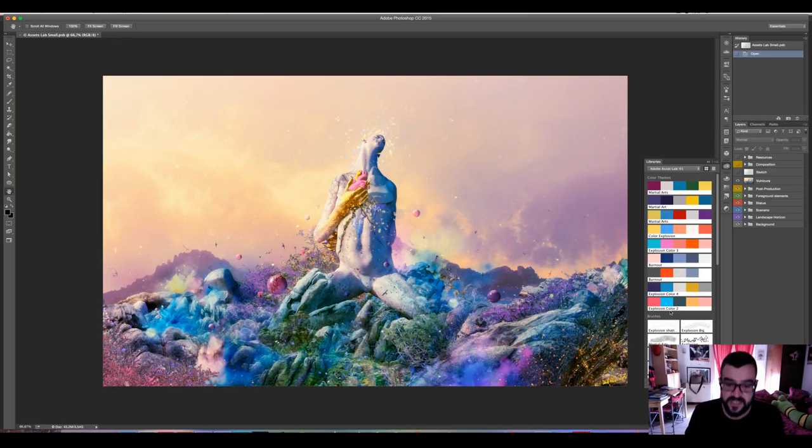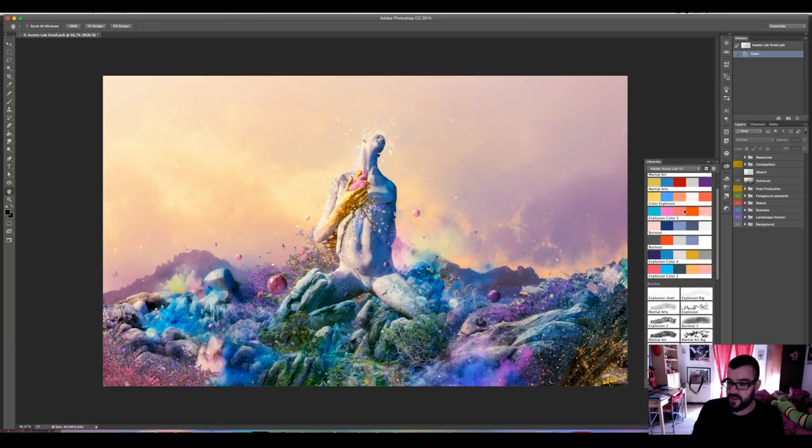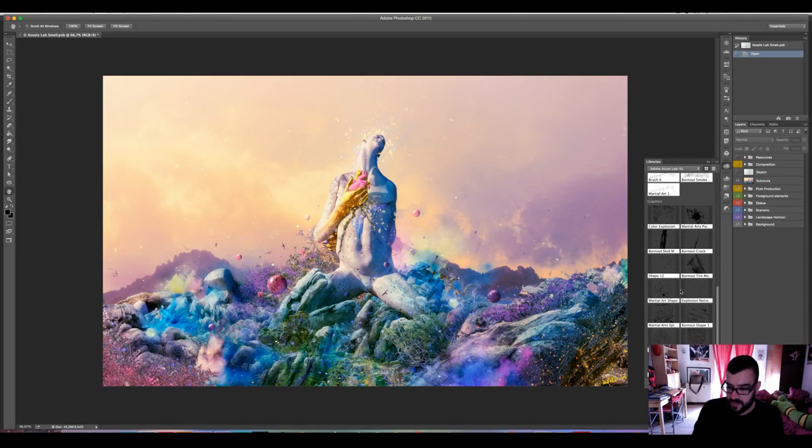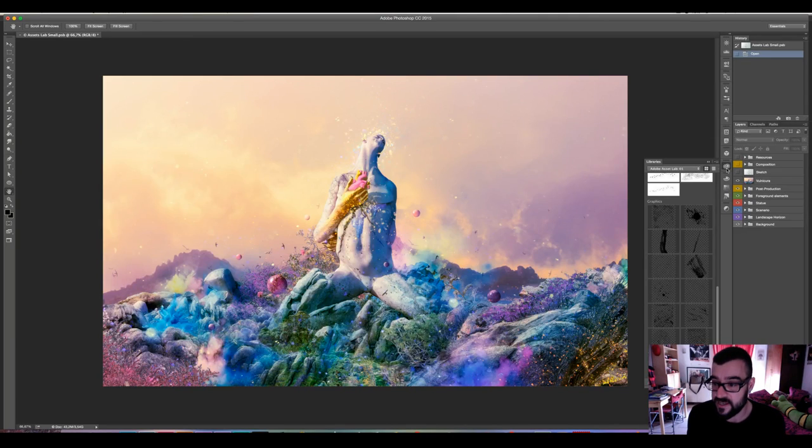So I was asked to create a new artwork on my own, but using some of the assets to bring some life to it. So these are the color themes I'll be using to create this. Some of the brushes and the vector shapes. And yes, I will be using vector shapes to create this. So, well, since we're a bit late, I'm going to try to sum it up pretty fast.